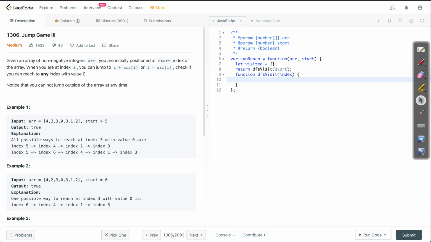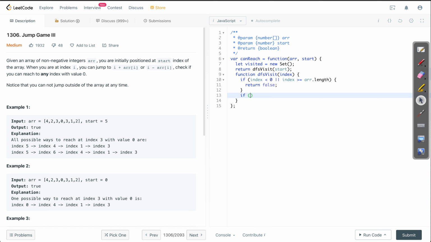So if you remember, the first few cases were the termination conditions that we had to take care of. So I am going to do if index is less than 0 or index is greater than or equal to ARR dot length, then we return false. The second thing was if it has already been visited. So if visited has, let me just make it a set, I think that will be easier.